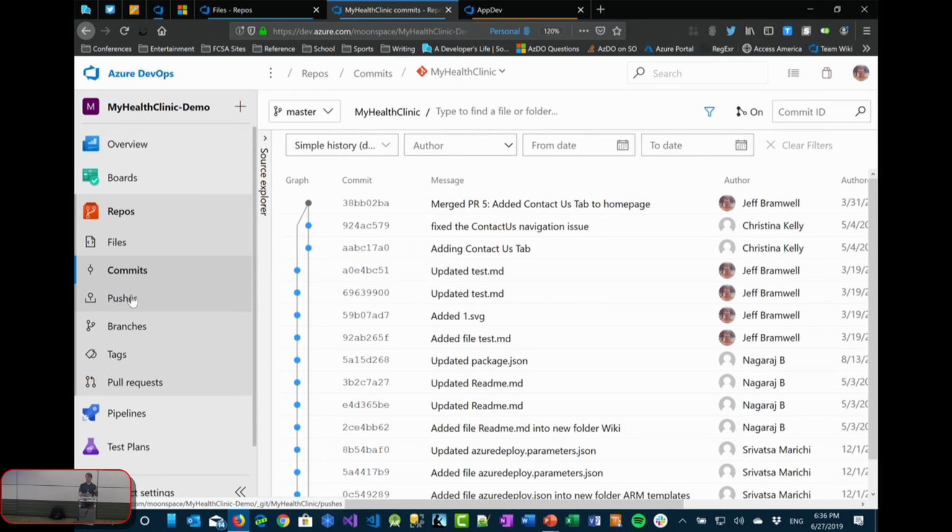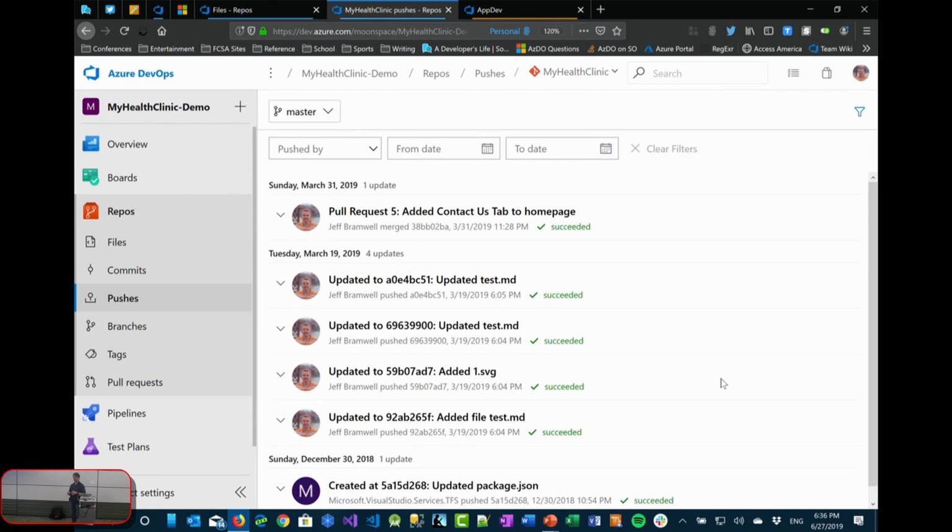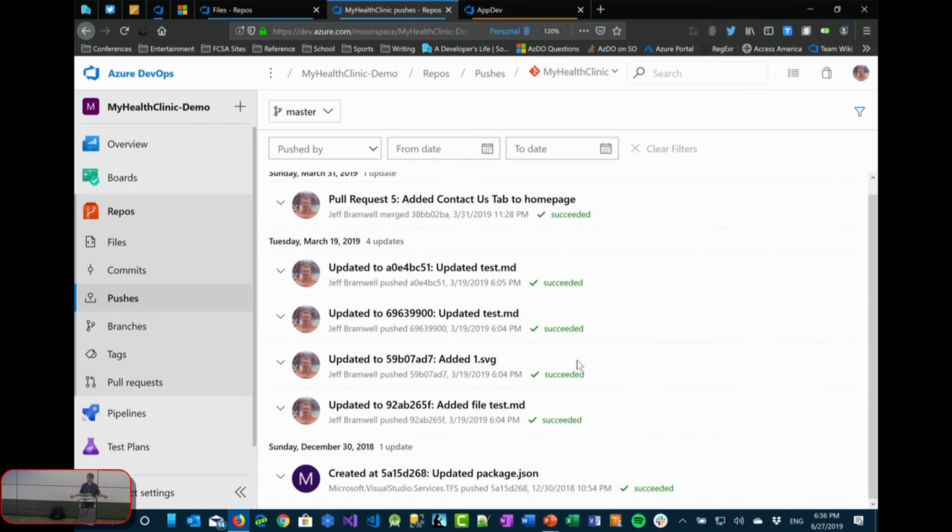But it's just kind of there to help developers whittle down and find whatever it is they might be looking for. And pushes, kind of the logical successor to the commits. Hey, I committed all this stuff. Eventually I need to get it back into the source control system. So this is, again, a different view on everything. It's just showing views of the various pushes where the source code changes have been sent back up to the server.